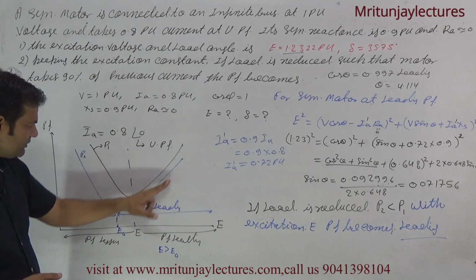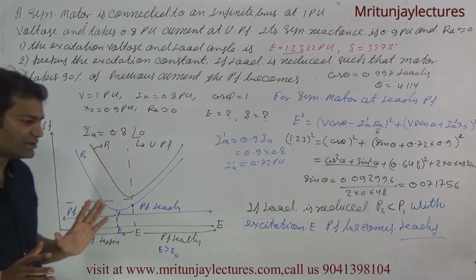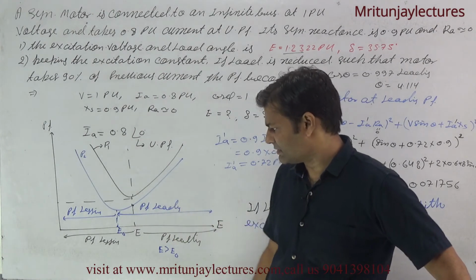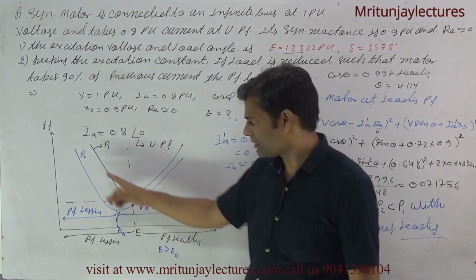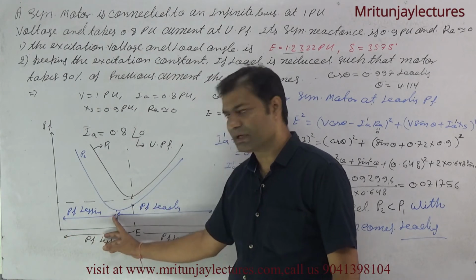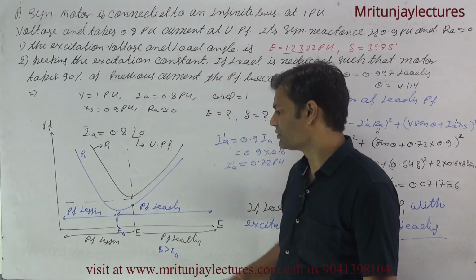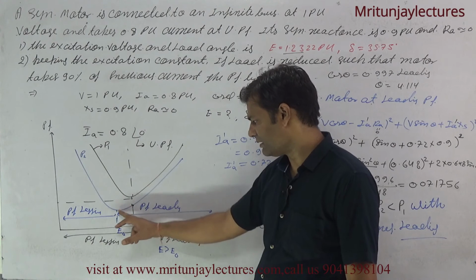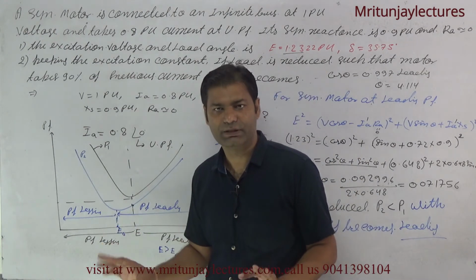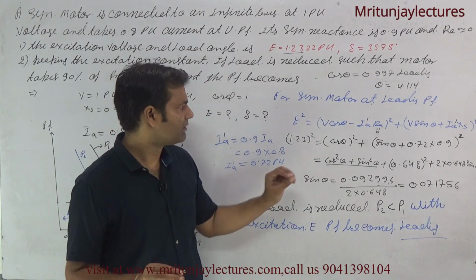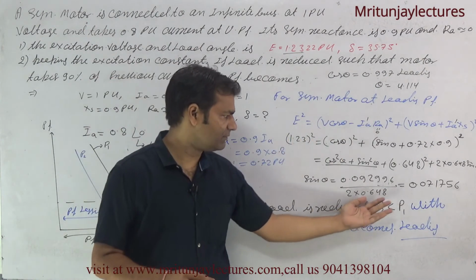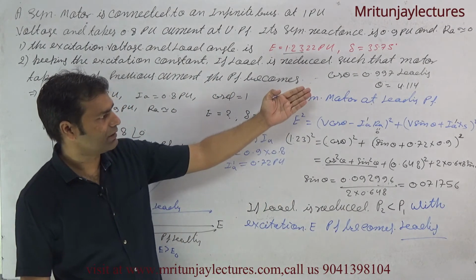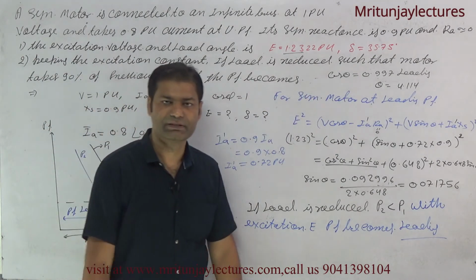Because of this reduction, the excitation range is decided, or you can say under excitation and over excitation are decided by this region. This one is under excitation and this one is over excitation, and over excitation means power factor leading. So E lies in this range, that's why power factor is leading. Okay, for leading power factor, using the formula for E, finally we got cos theta is equal to 0.997 leading. Clear? So make it.